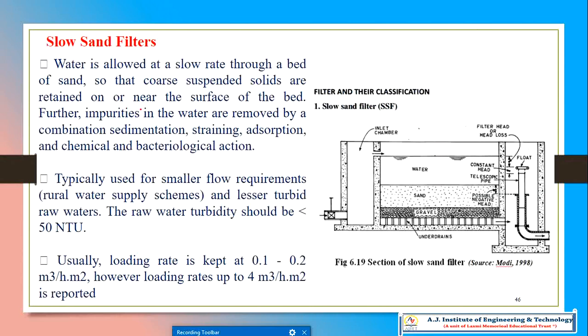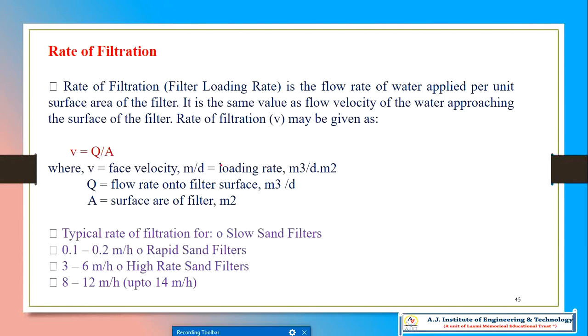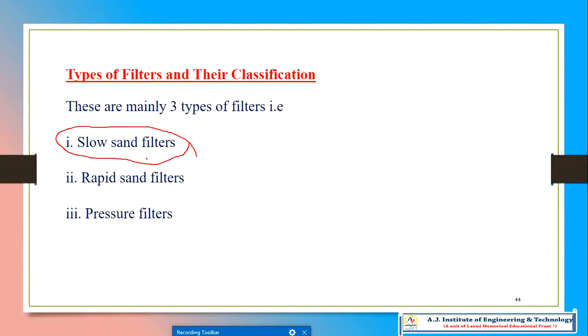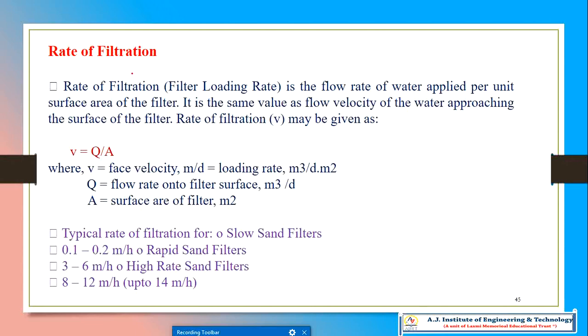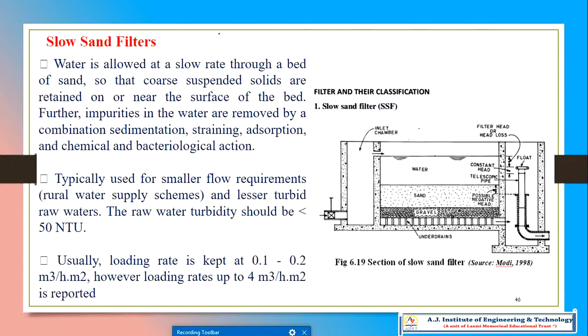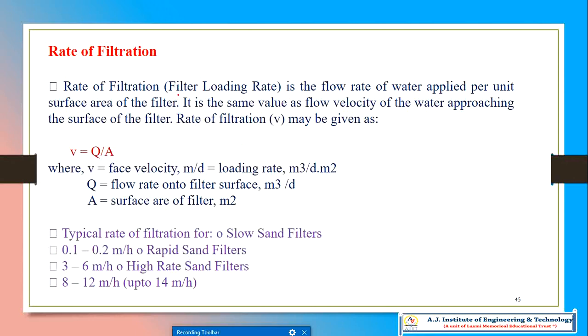that is a slow sand filter. Before concentrating on the slow sand filter, we have one slide called rate of filtration. We'll clarify this rate of filtration slide, then we'll move to another slide on the types of filtration under slow sand filtration. Clear? So the rate of filtration means, here,